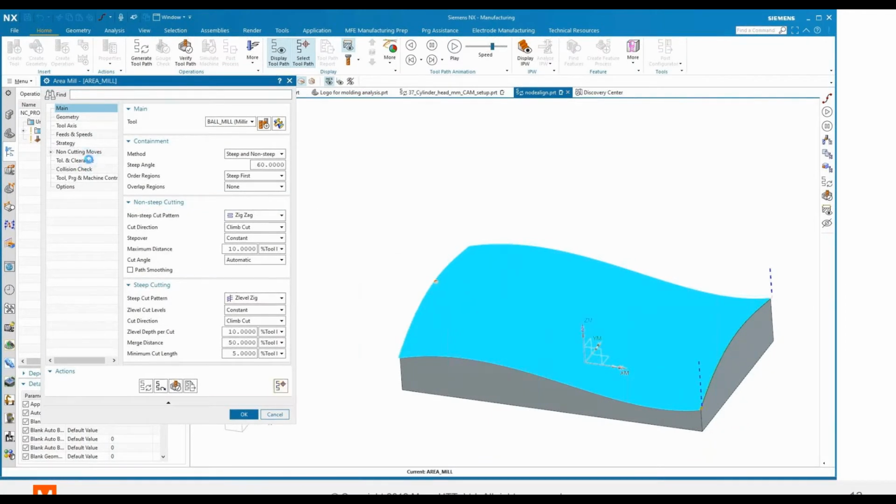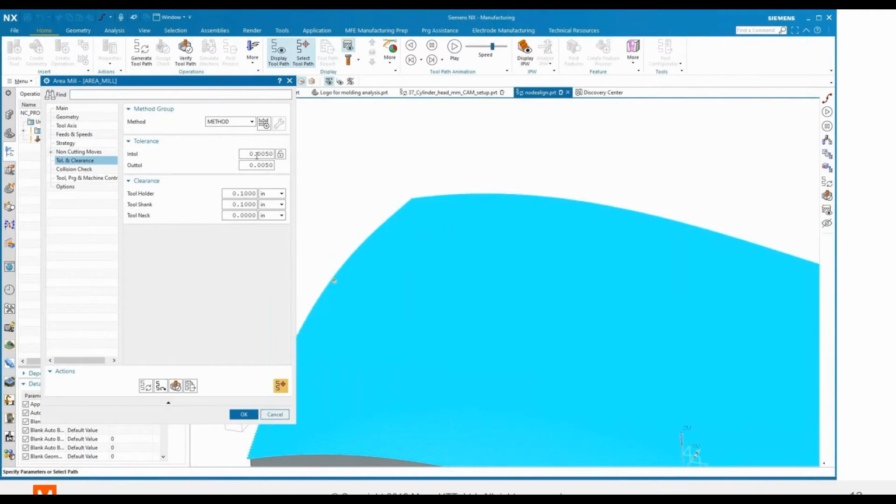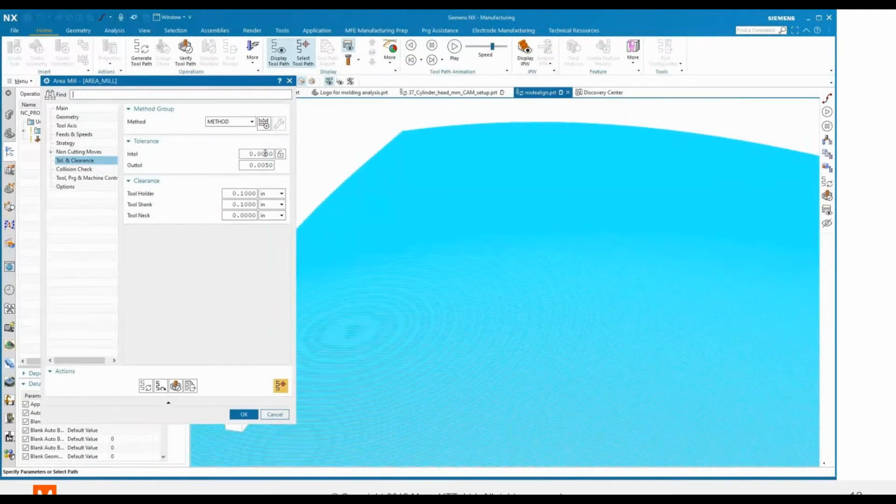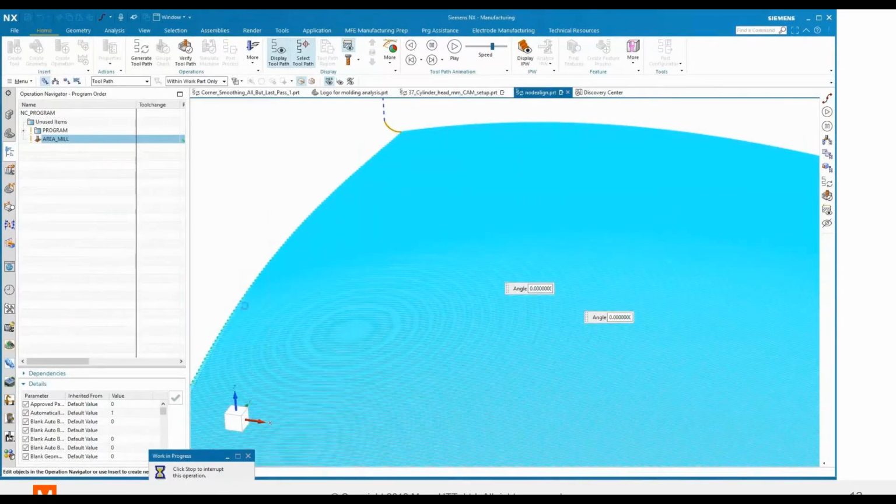Probably more importantly, though, is the in-tol, out-tol tolerance. So we can define this ourselves. And although it's quite large right now, I'm going to make it even a little bit bigger just so it's easier for you to visualize the aligned nodes. Okay, there's our updated toolpath.